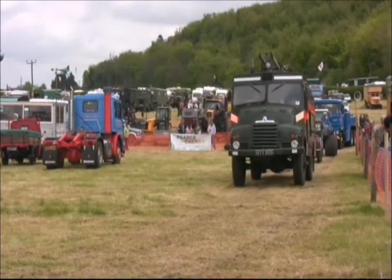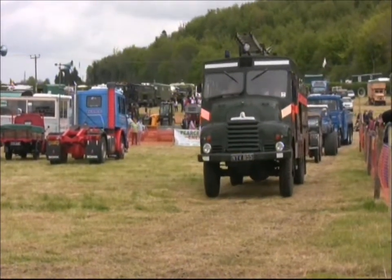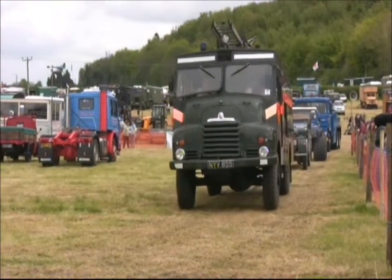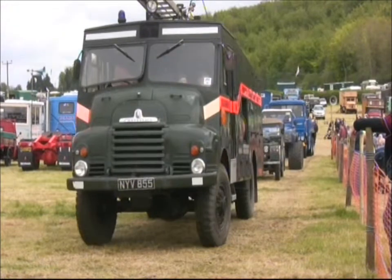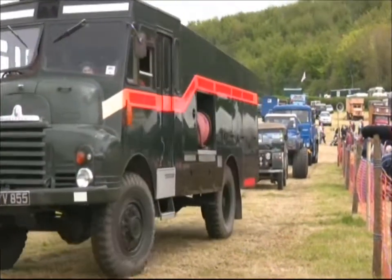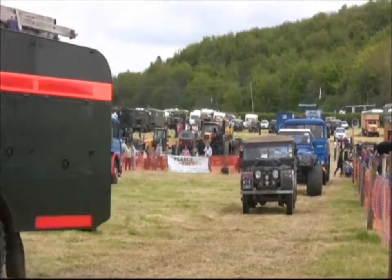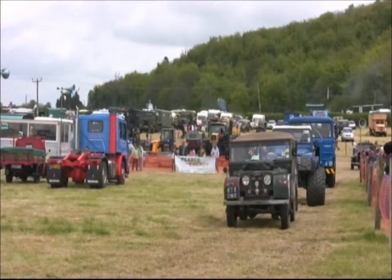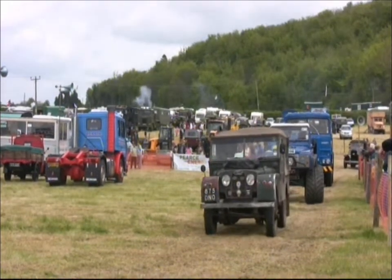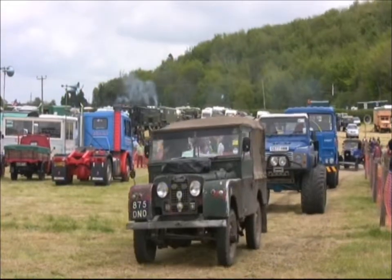Right, quite a line of commercials here today, and Austin and Len Watts is here. Len, tell us something about your collection. Usually you've got quite a bit here. What have we got today? We've got this one, the Austin K4 from 1947. We've got the 1950 Leyland Super Hippo here. My son's not available at the moment, so we can't bring him in the ring. And we've got the